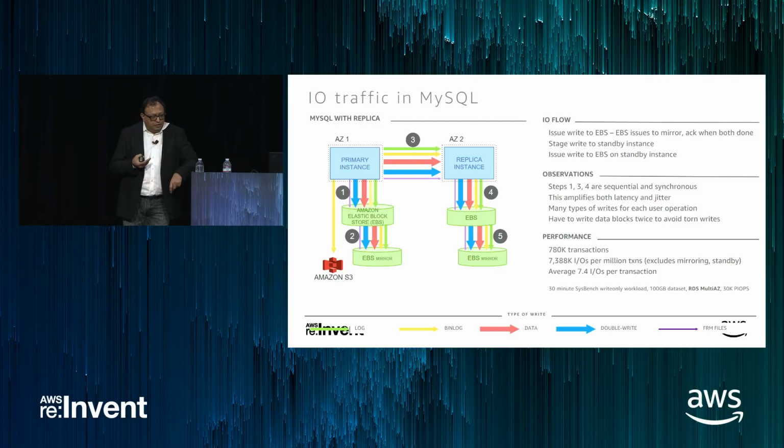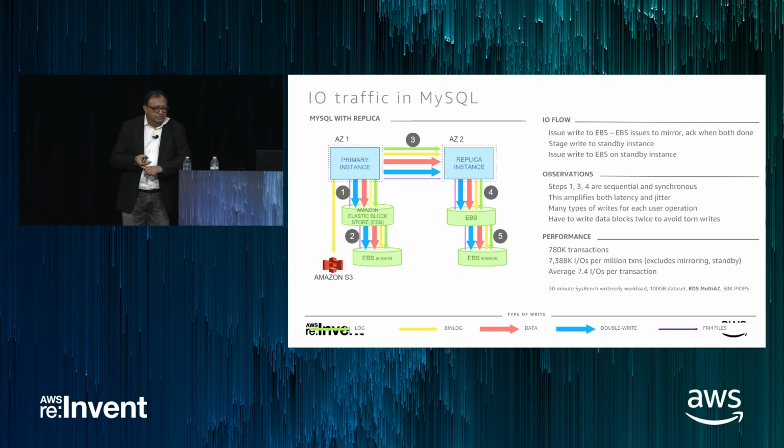There's the redo log, there's the bin log, there's the data block. The data block actually gets written twice because it's not the same size as an atomic write to SSD, and you can end up in torn pages otherwise. And there are these abominations called FRM files, which represent the